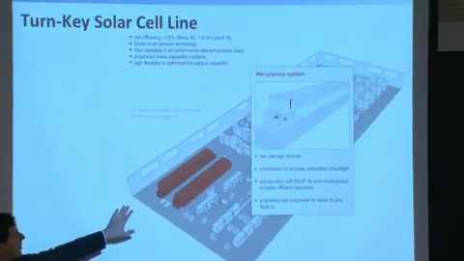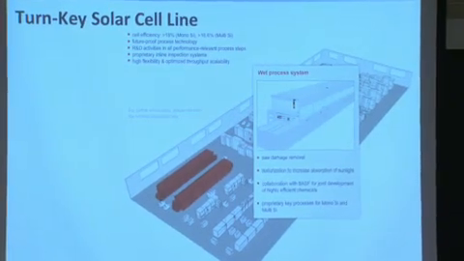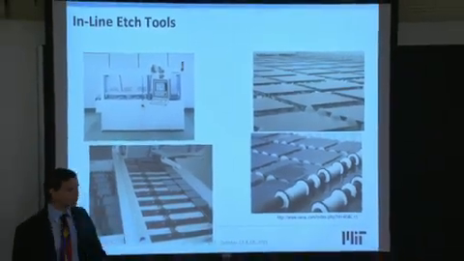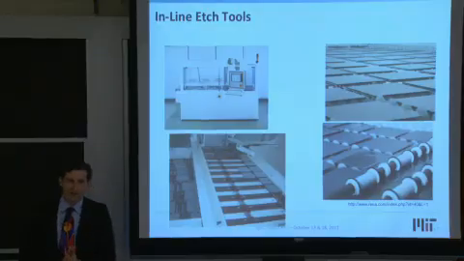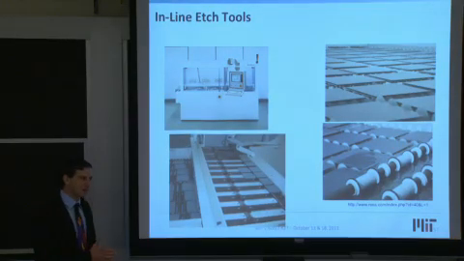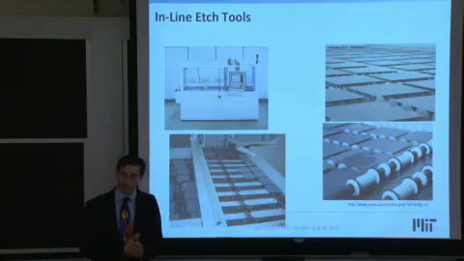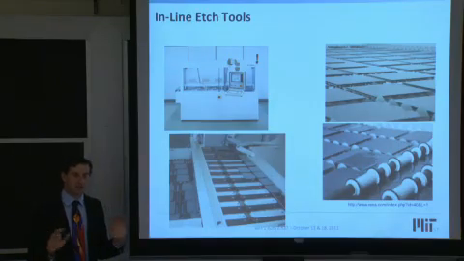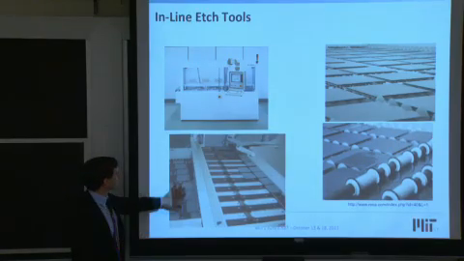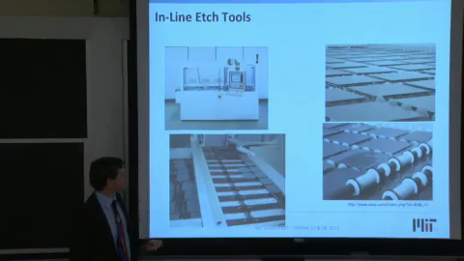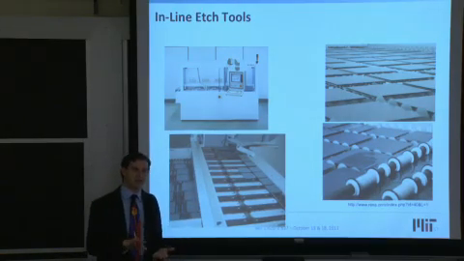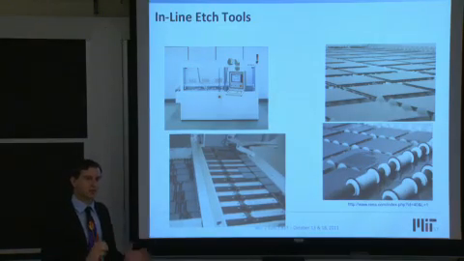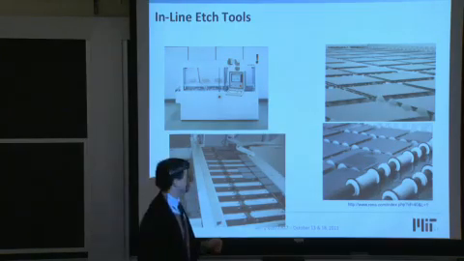Next you have the wet processing to do the texturization. That's shown right there, saw damage, texturization. And these are typically inline tools with little ceramic rollers, some pretty nasty acids being used. Silicon is like a rock, and if you want to etch through rock, you need to have some pretty strong solutions, right? Some very high or very low pH, very basic or very acidic, respectively. And most of the time in multicrystalline silicon, we use an acidic solution. It textures the wafer independent of grain orientation. For the single crystal materials, we use a basic solution that is anisotropic in nature,